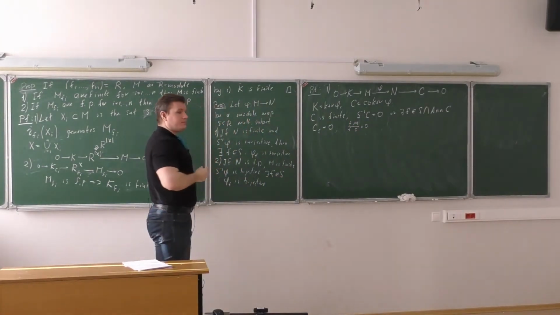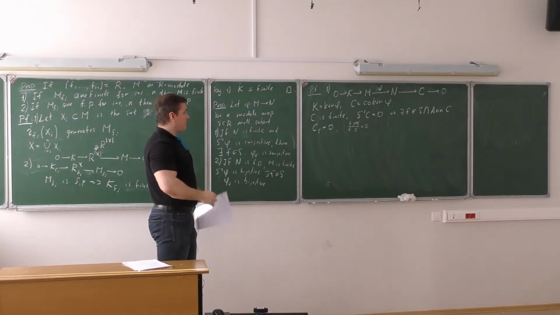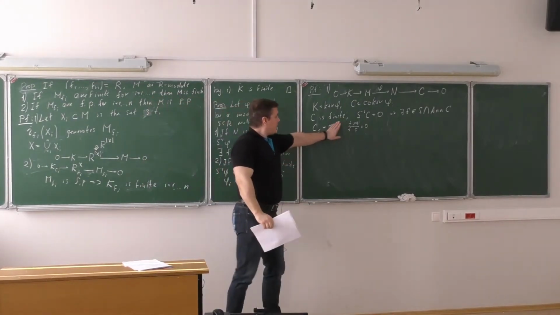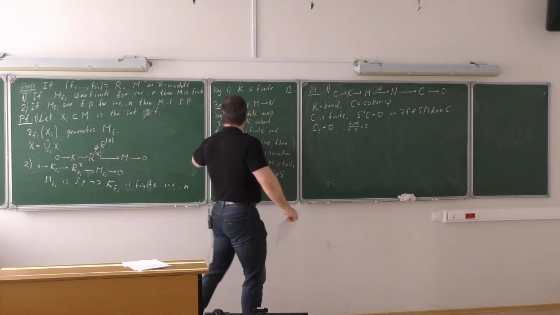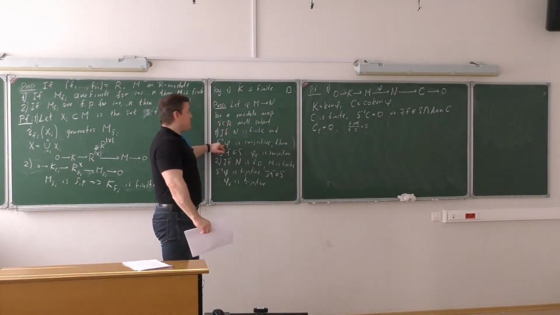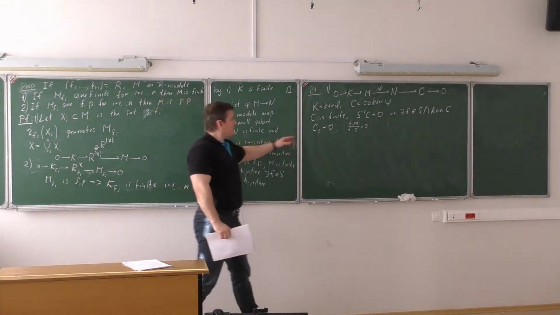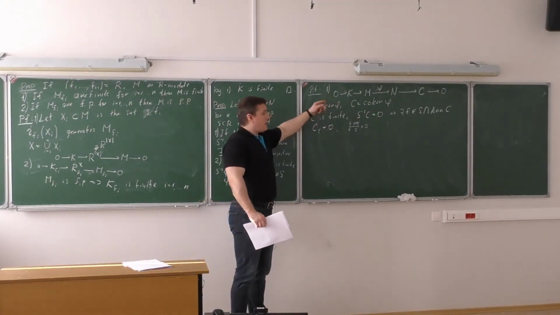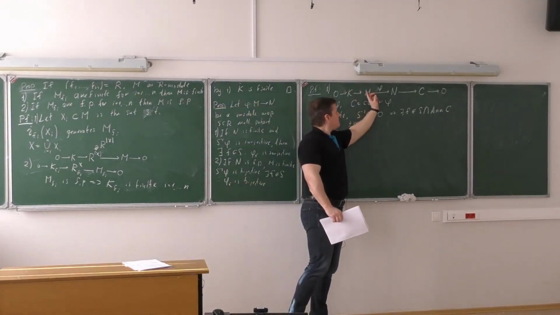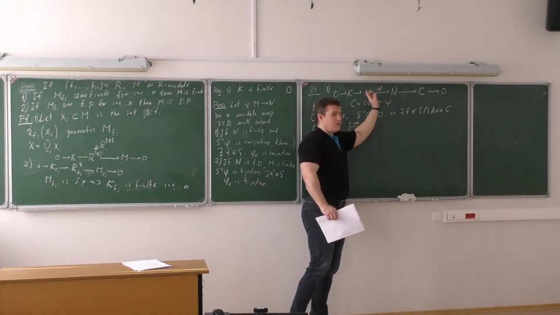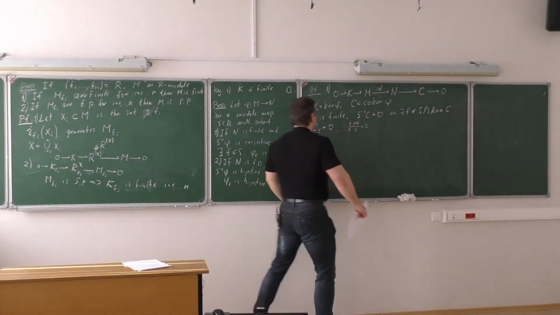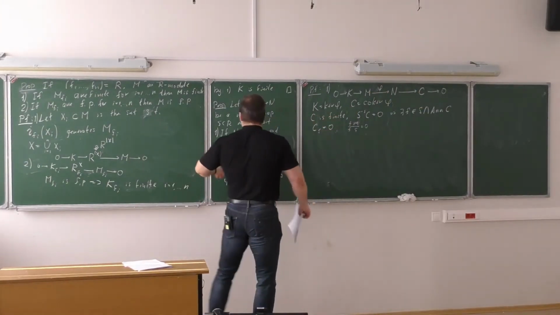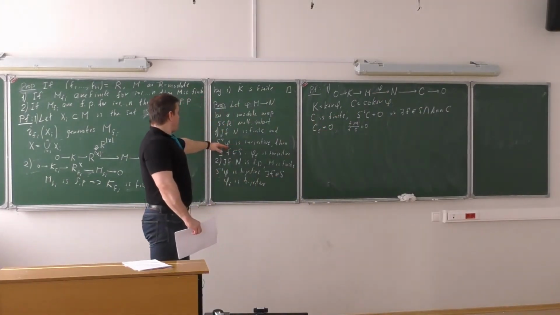But why is the localization of C equal to 0? Well, I just explained this. You take the localization of C by the multiplicative set S. This is because we have the assumption that this localization is surjective. You take the short exact sequence, you localize at S, then you get exactness, so we have this surjectivity here. So this means that the localization S^{-1}C is 0. So this part follows from our assumption.